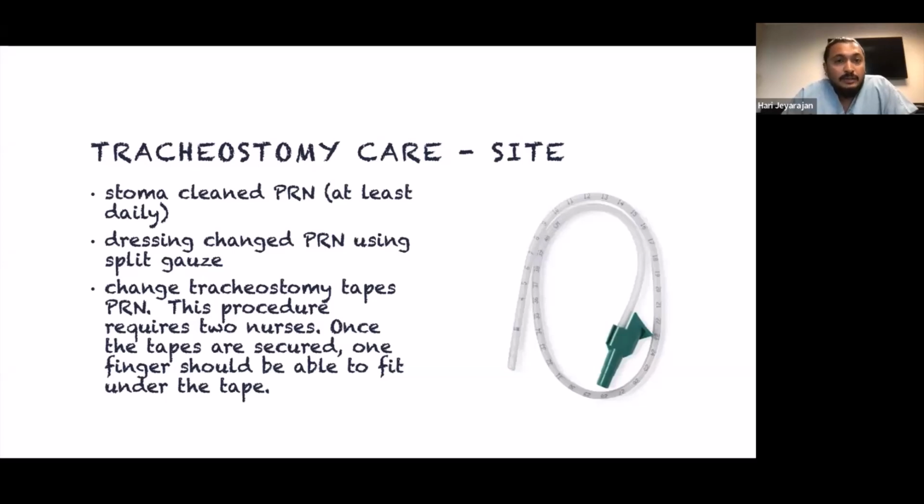But as they get more mature and as they become more independent, then oftentimes there's little dressing changes required. We will often use split gauze, particularly in an acute setting. But what we're trying to do now as part of a hospital policy is begin using Duoderm around every trach